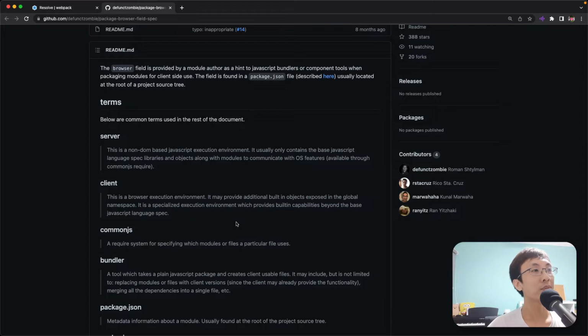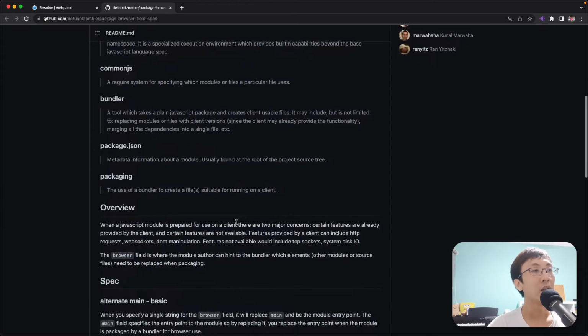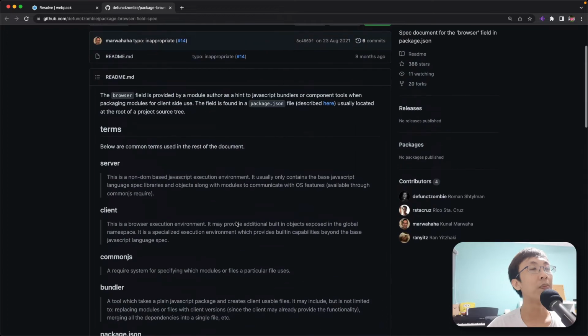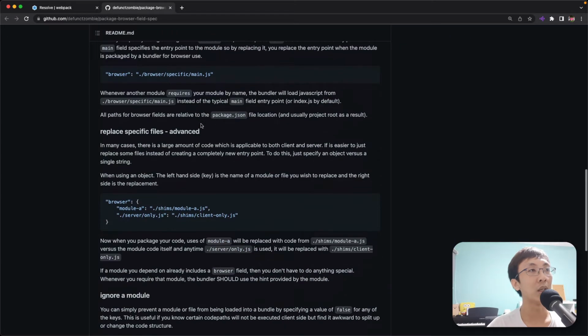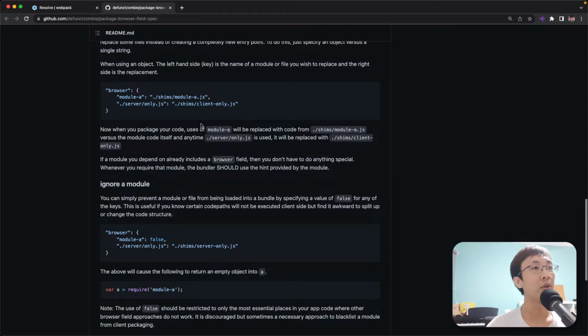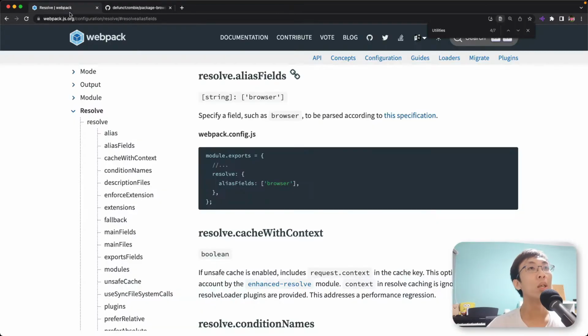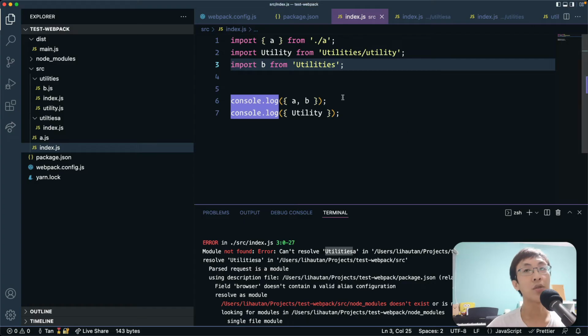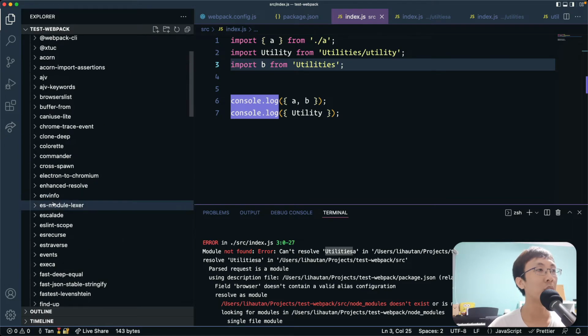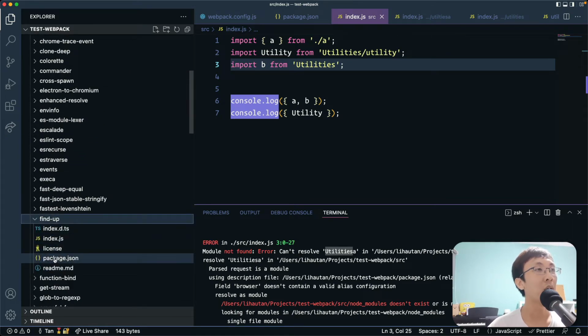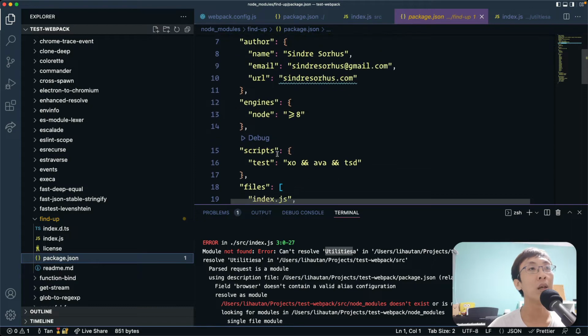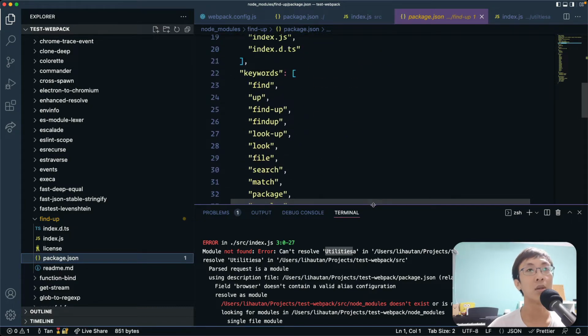Okay, here it says, I'm not going to read the whole thing, but basically if you have a package.json, if you're trying to import from node modules, and a package in node modules, say for example, let's try and open one folder,